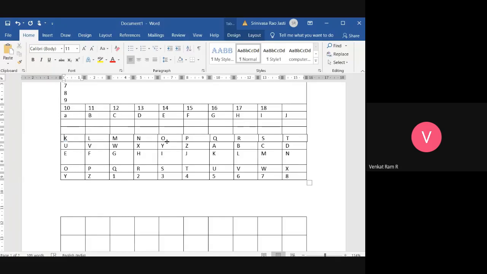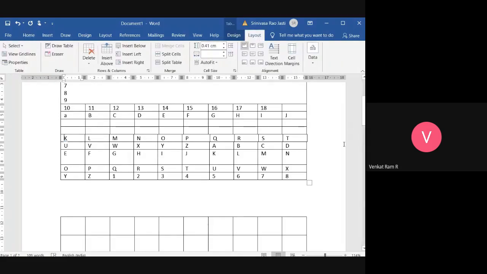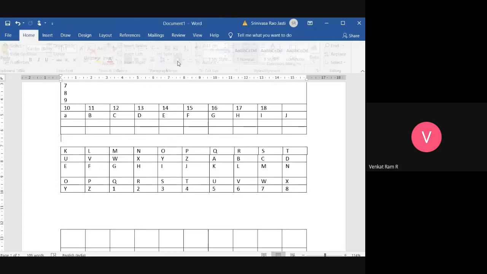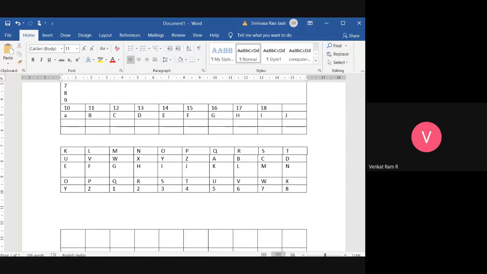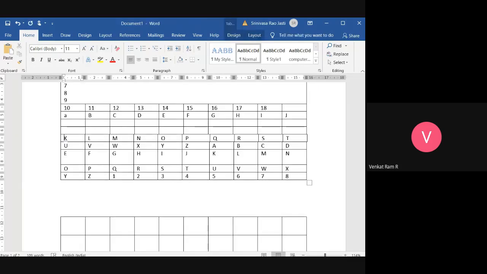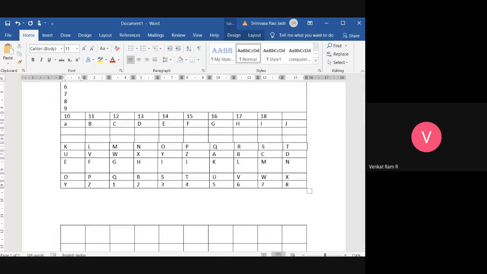I didn't use merge cells in the layout, but I did. How did I do it? Whenever you are splitting the table, what I told, just place the mouse and click on split table in the layout tab. So if I want to merge, just click on delete on your keyboard. Okay, then it will be merged. So you have learned how to split a table and also how to merge a table.